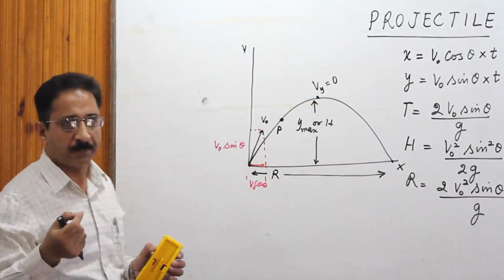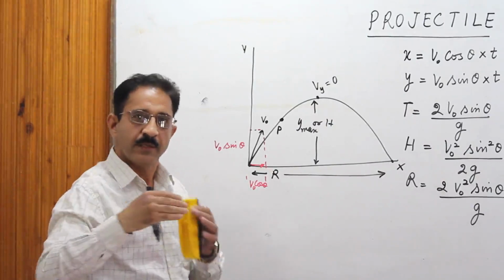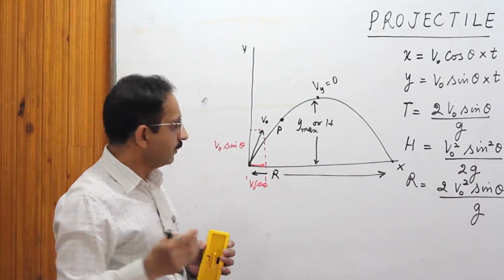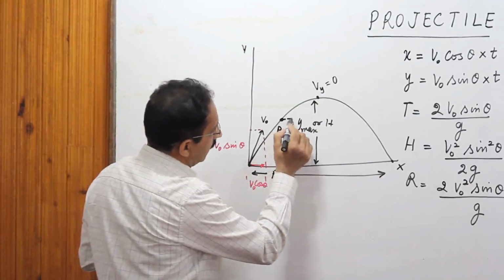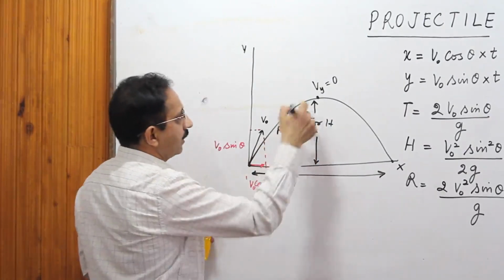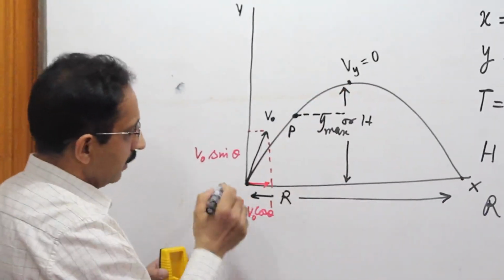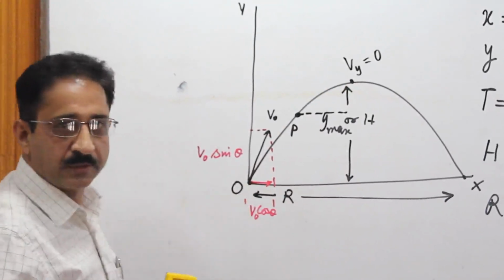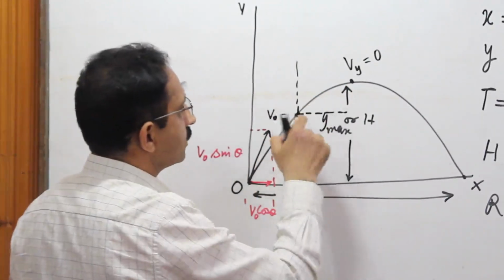Did it happen abruptly? No. This process takes a certain time and happens over a period of time. We are interested now in finding out the situation at point P. I take an arbitrary point P, obviously between the highest point of trajectory and the coordinate initial point of the trajectory. मैंने कोई point P ले लिया और I would like to find out that what is velocity at point